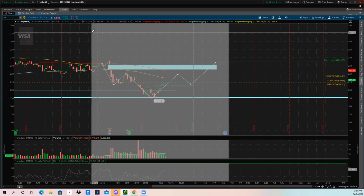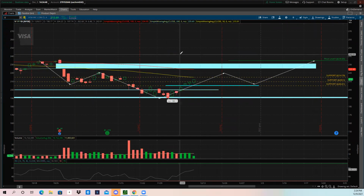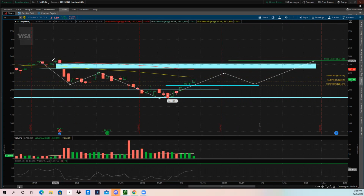What I have drawn up here is half of a pattern. One thing I like to do to try to stay ahead of the curve is to notice some patterns that the chart is giving me. This doesn't mean that this pattern is happening right now. But what you notice is we have a little bit of a left shoulder here. We started up here, we came down, we found some support, we came back up, and then we dropped even harder. So we have a left shoulder currently, and we have a head on our head and shoulders,